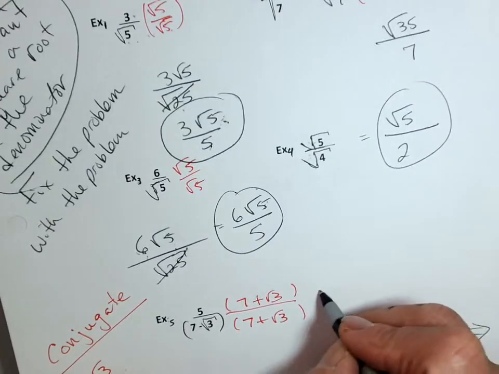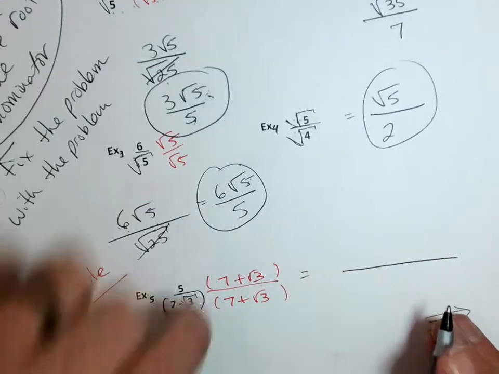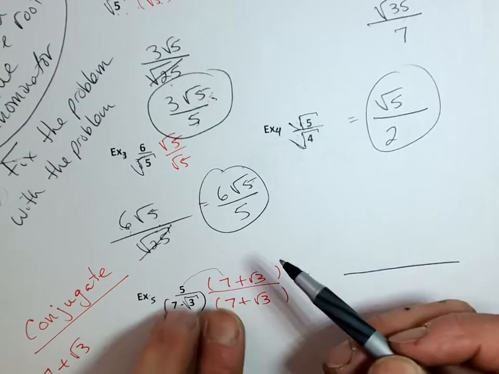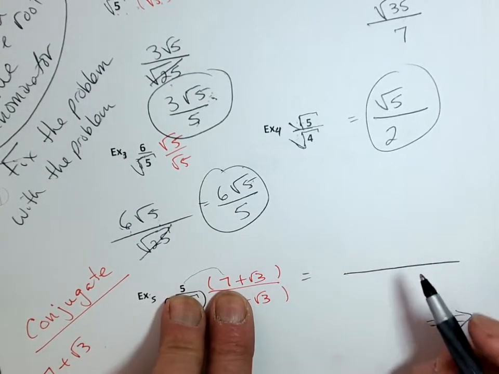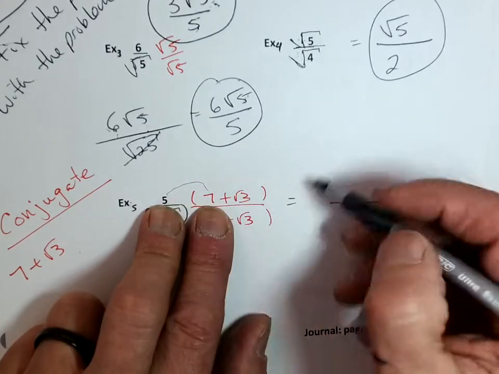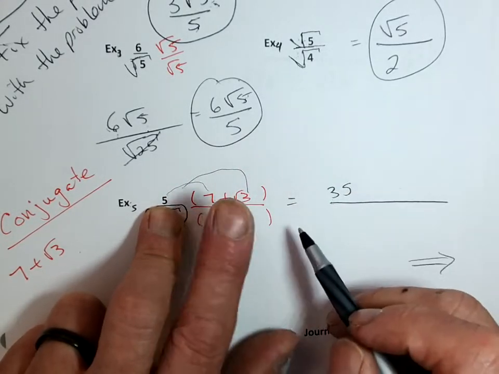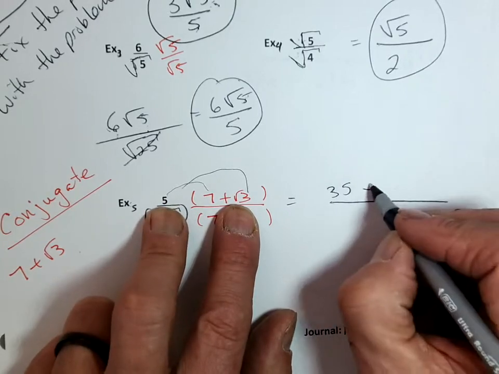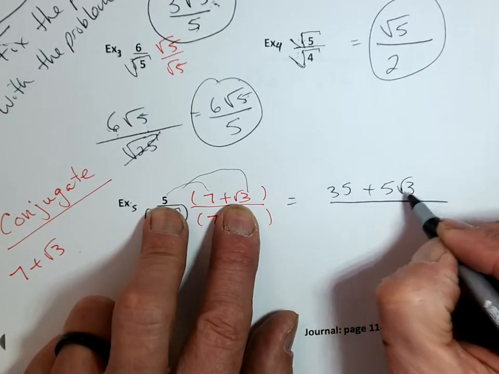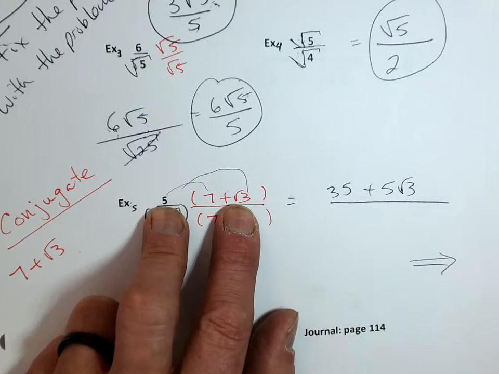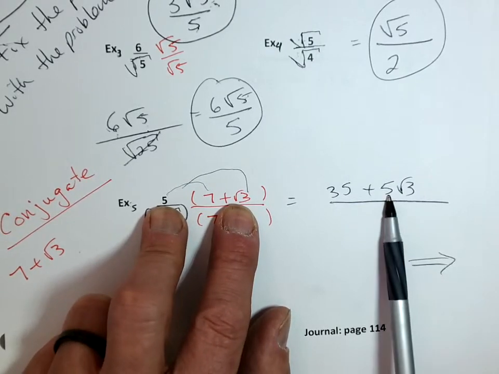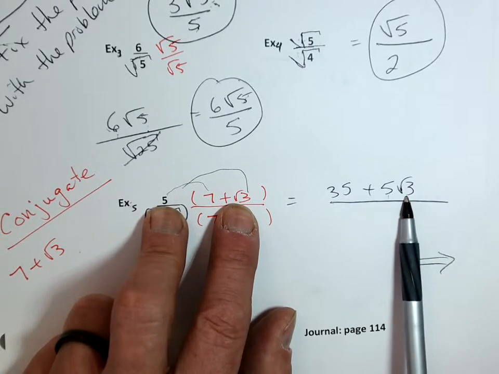So let's do the top first, because the top's not too hard, okay? Ready? 35. See the 35? 5 times 7 is 35. 5 times the square root of 3 is a positive 5 square root of 3. And Kobe, I won't multiply those, right? Because that was your question, Kobe, remember? Because that's a regular 5 and that's a square root, so we don't multiply them, okay? Now on the bottom,